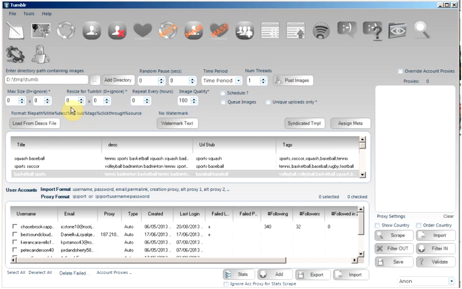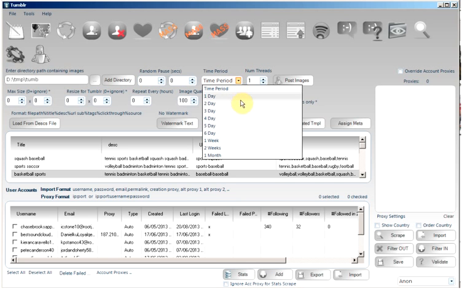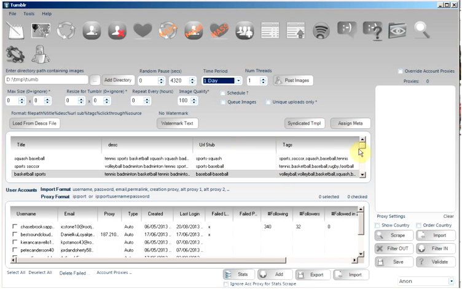Okay, quick run through of the other properties you can set. Random pause is an amount to pause after uploading each image if you just want to make it seem a bit more realistic and not have 100 images upload in a few seconds. If you want to spread it out over a particular time period, you can use the time period control here. Click 1 day and all these images will be uploaded randomly